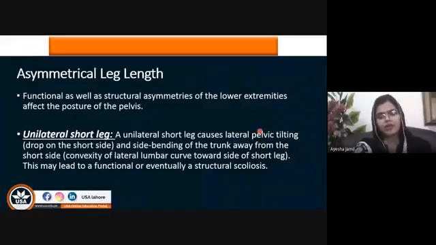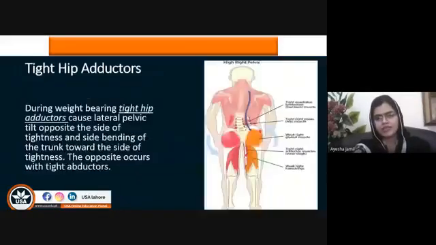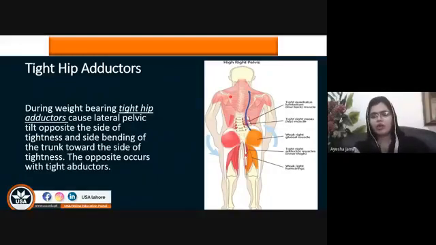First of all, there will be abnormal length tension relationship of the spine. Obviously, you can see that the muscle on the side where the trunk side bends, the quadratus lumborum, will be shortened on that side, and there will be lengthening of the quadratus lumborum on the other side because there will be connectivity. It might cause the development of S-shaped scoliosis or C-shaped scoliosis, but obviously due to the shifting of the trunk towards the side of the lengthened extremity, there are chances to develop structural and functional scoliosis in an individual.